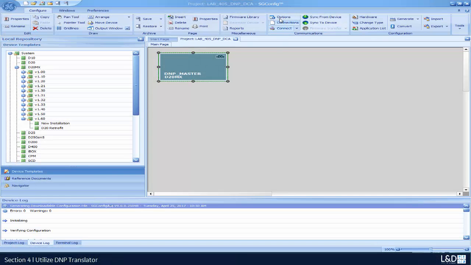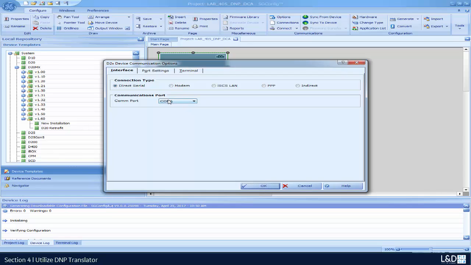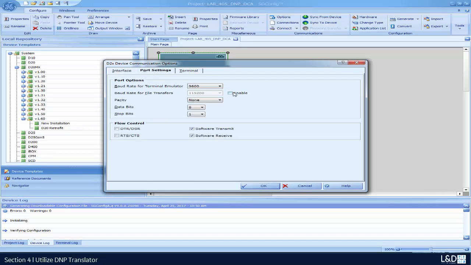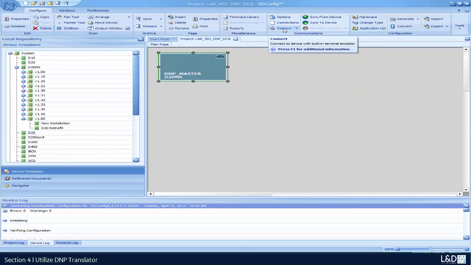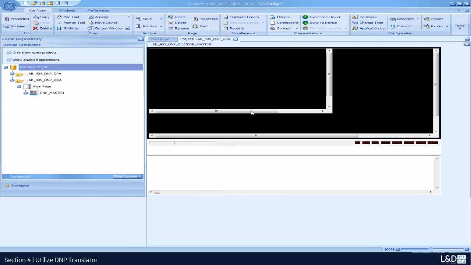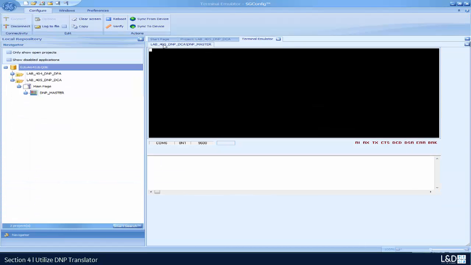Okay, so with my device highlighted, I click on options, make sure that we select the right COM port, make sure the port setting is set up. We can enable the fast baud rate download. We connect to the device, and when you connect to the device, double check that you have the right title on your terminal. All right, so we press enter. We make sure we're connected to the master device, type in the admin and change me,